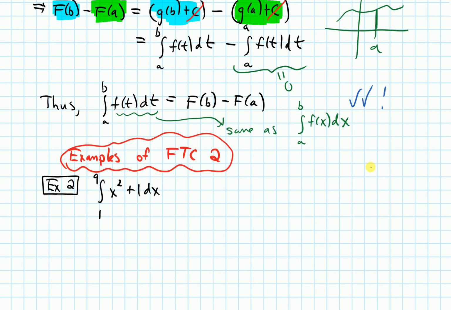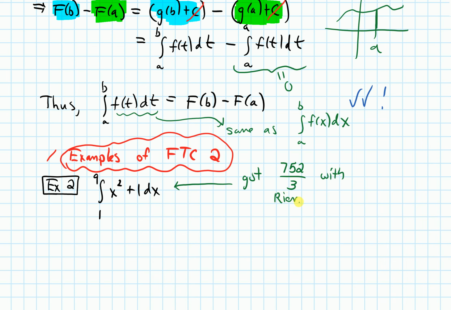In this video, we will do some examples using the Fundamental Theorem of Calculus Part 2. So I want to begin with example 2 here. We have the definite integral from 1 to 9, x squared plus 1 dx. So we actually found this definite integral, this area under the graph of x squared plus 1, over this interval from 1 to 9, using Riemann sums, using a limit of Riemann sums. And we got 752 over 3 with